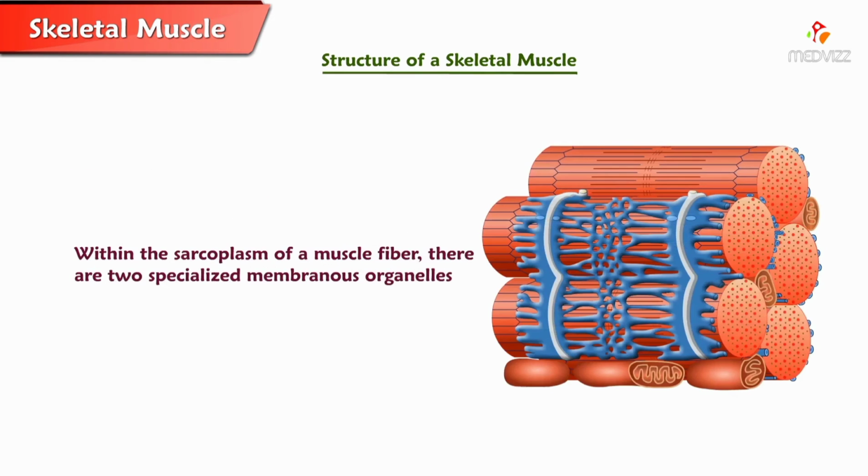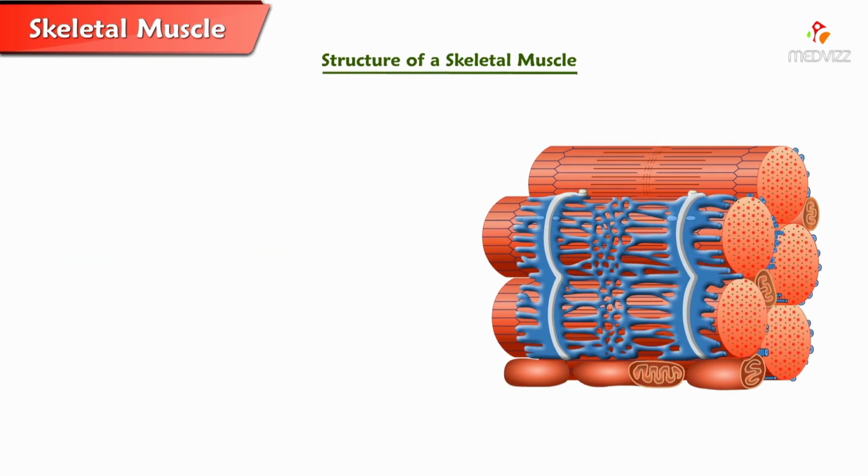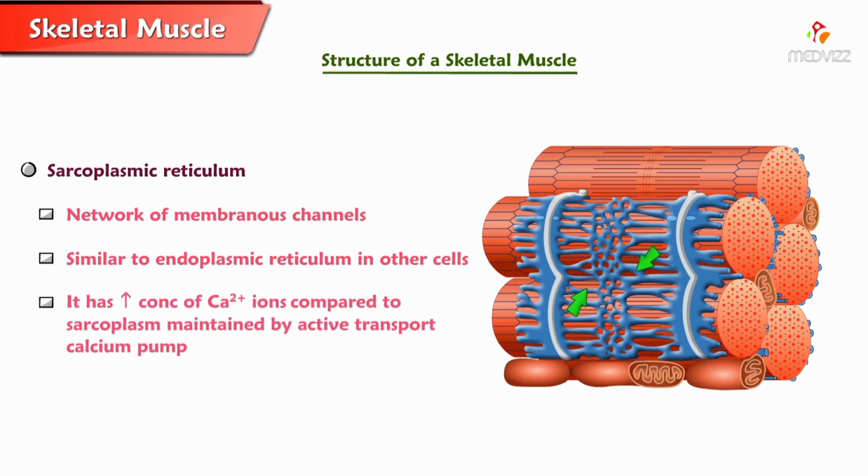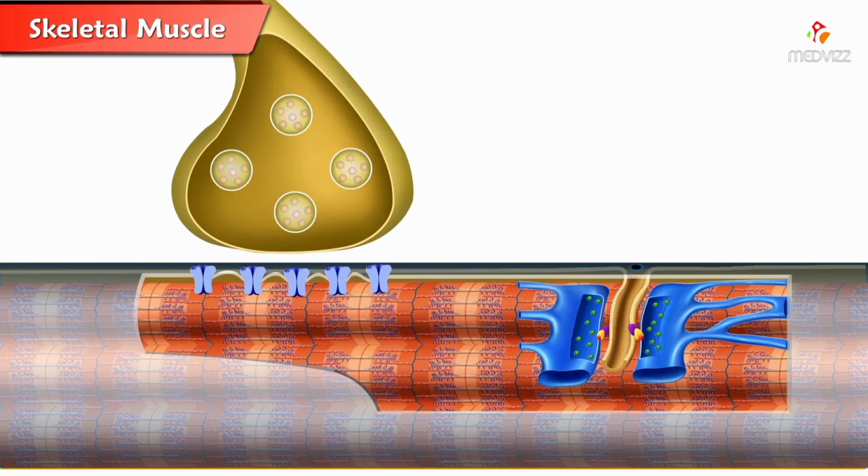Within the sarcoplasm of a muscle fiber, there are two specialized membranous organelles. Sarcoplasmic reticulum is a network of membranous channels and is similar to endoplasmic reticulum in other cells. It has a high concentration of calcium ions compared to sarcoplasm, which is maintained by an active transport calcium pump. When stimulated by a nerve impulse, membranes become more permeable to calcium ions and calcium diffuses out of the sarcoplasmic reticulum